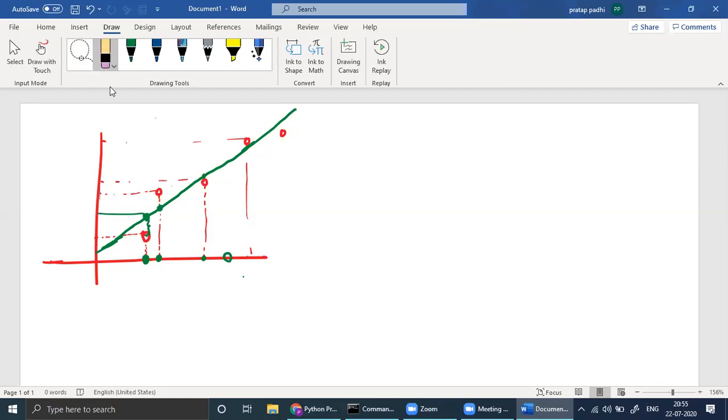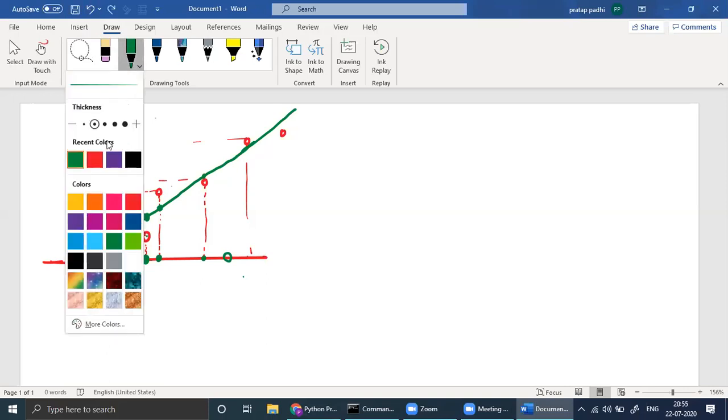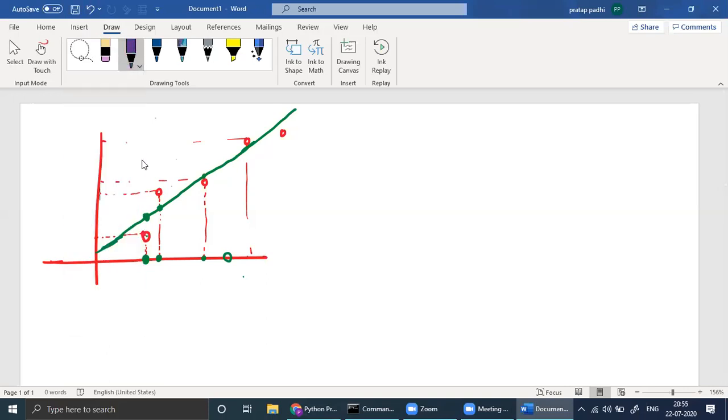This is called regression. Here you have one variable, here you have one variable, x and y. So if you have only two axes, it's very simple.